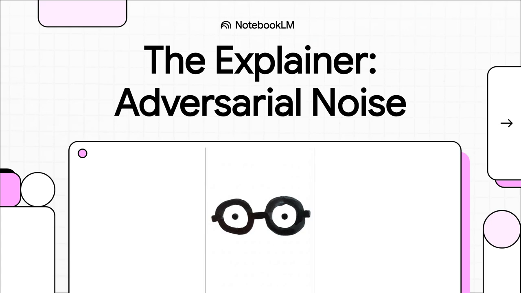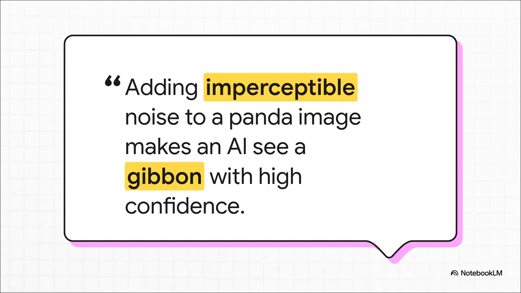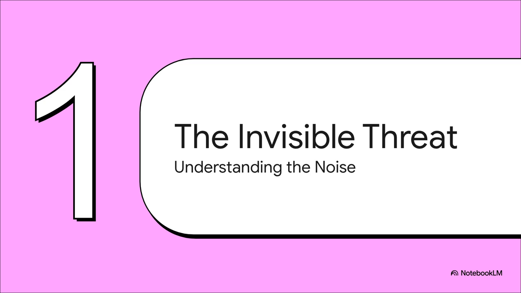Welcome to The Explainer. Today we're diving into something kind of weird, a really subtle but fascinating challenge facing modern AI. And that right there, that's not science fiction. That's the bizarre, kind of unsettling world of adversarial noise. It's like a ghost in the machine, right? It fools our most powerful AI into seeing things that just aren't there. So let's really get into it. What is this digital camouflage? And maybe more importantly, how on earth does it work?